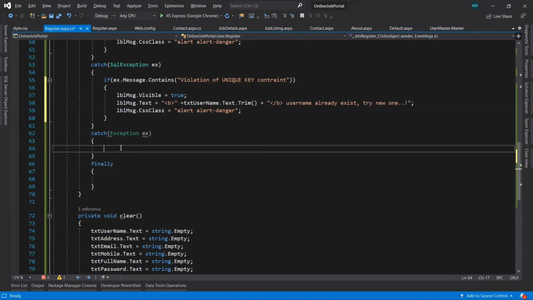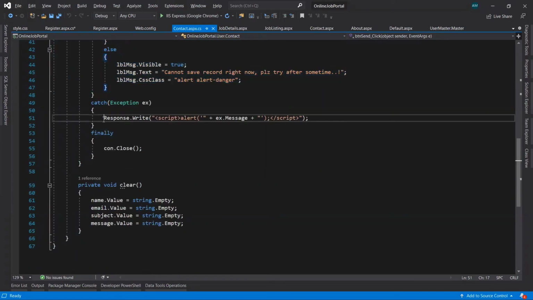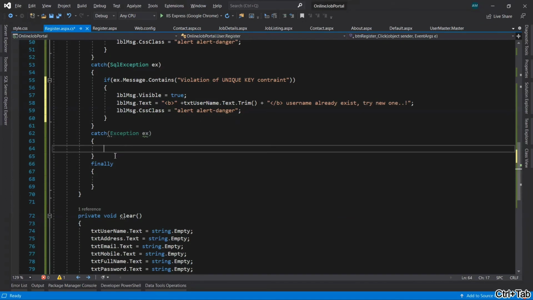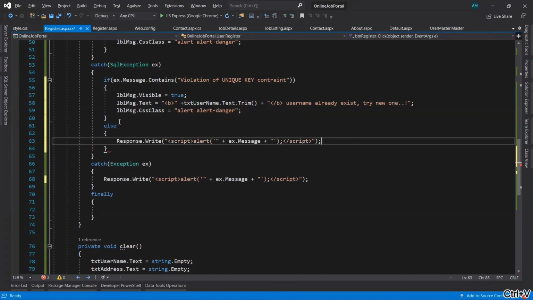Now let's do the exception. Let's copy it, paste it here, and here in the else condition let's check and paste it also.